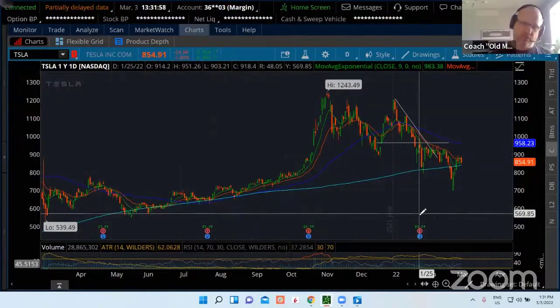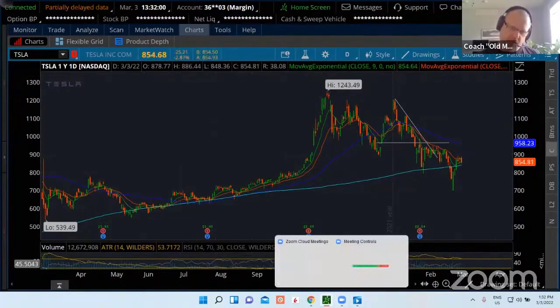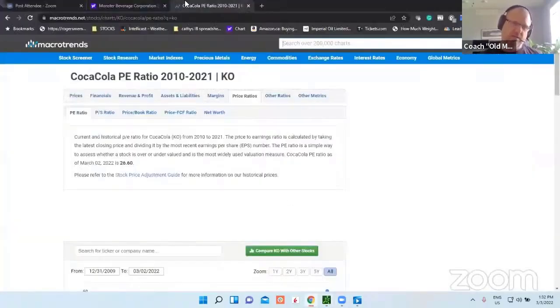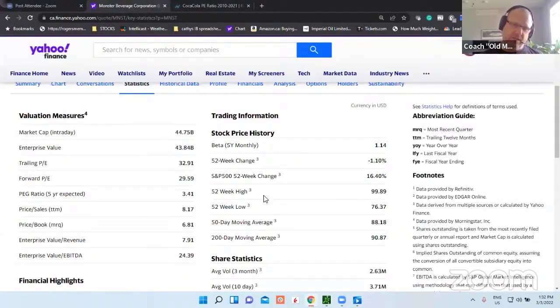So that's your PEG ratio. Again, it's just another tool that we use on a regular basis to see if we're going to get involved with something. Looking at that PEG ratio can give us a glimpse into, are we getting fair value for the expected growth, including the actual dollars that we're getting through earnings. Okay.